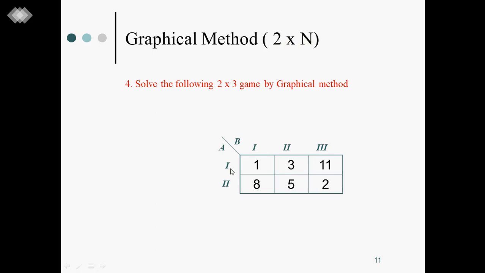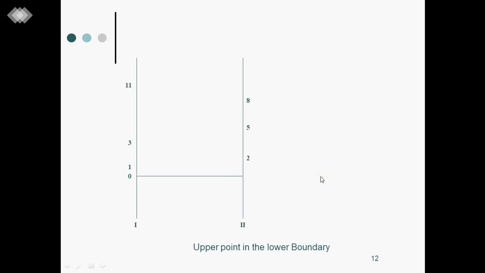Okay, 2 by 3 let us take here. For example, the row player has 2 strategies, the column player has 3 strategies here. Fine, 2 by n game. Please note that you can apply the graphical method whenever it is a 2 by n or m by 2 game only. Fine. Now this is very simple. What to do with this data? Let us see. Let us draw a graph connecting these two, and these two, like this.